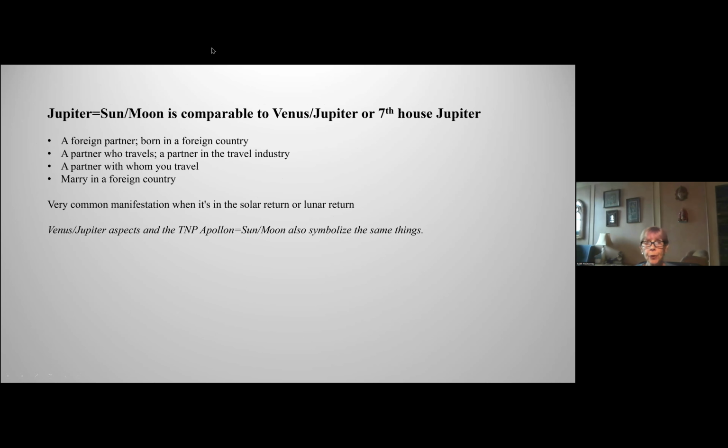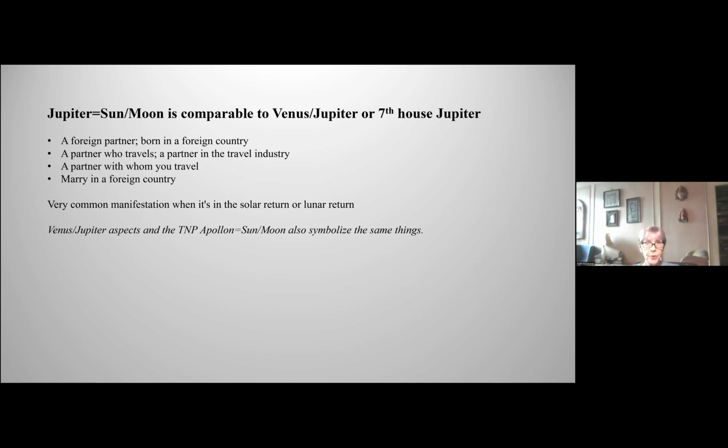sports. Jupiter equals Sun Moon is comparable to Venus Jupiter or a seventh house Jupiter. I'm very big on Jupiter having to do with distance. It's not that it doesn't have to do with luck, but it very commonly, particularly in a midpoint picture, has to do with people who are far away or things that happen on a trip, or you are traveling or